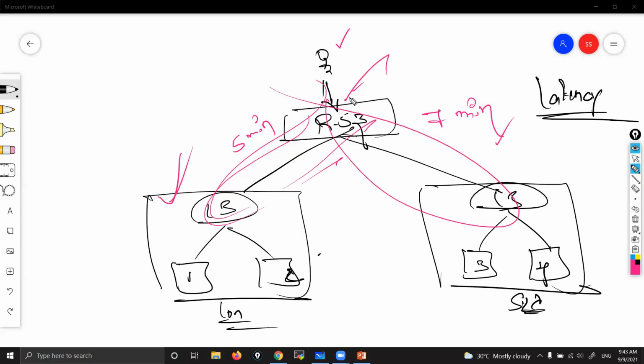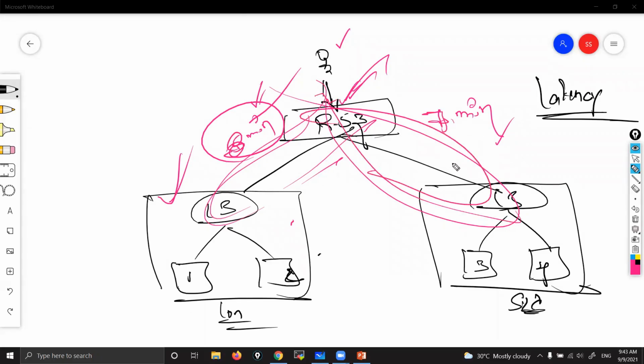That means Route 53 will make sure it is sending the request to the region from where it is getting a quick response, where latency is less. See, at the end of the day, users should access the website quickly, correct? So Route 53 will always make sure it is sending the request to the region from where it is getting a quick response. Assume that after 1 hour, here it is taking some 8 minutes. Here it is taking 7 minutes to get the response. So Route 53 immediately will send the request to Sydney. Okay, that is based upon the network latency.